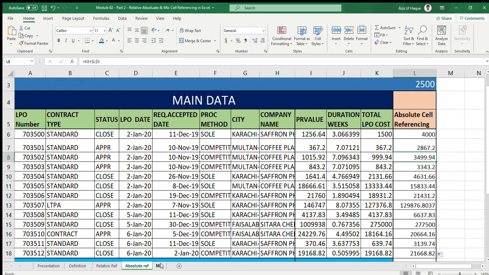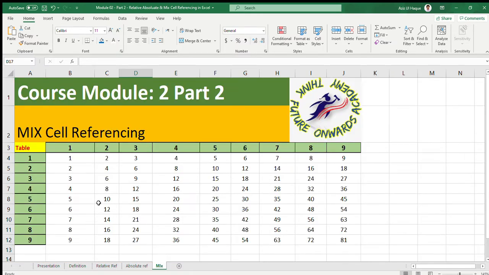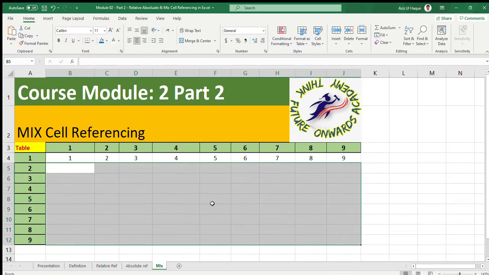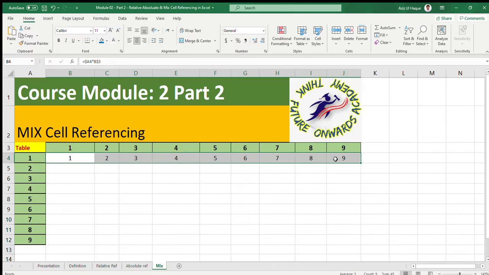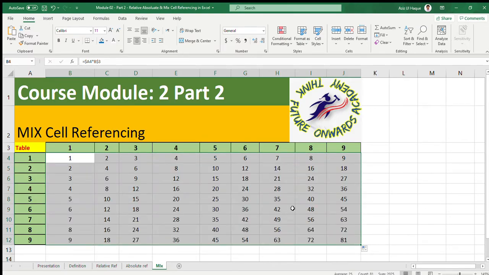Now we will come to the mixed referencing. For example, this I just made for your information as a table. I am preparing one table. I want to multiply this value with this value, and when I am multiplying to this value, it will change. I made this formula for you as an illustration, and if I drag it down, it will make the same.